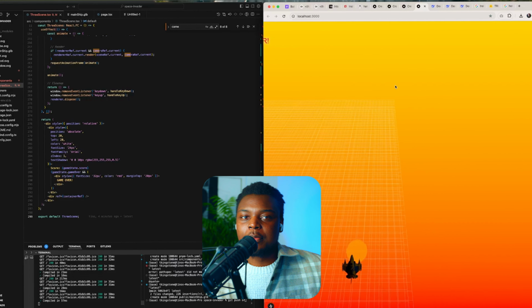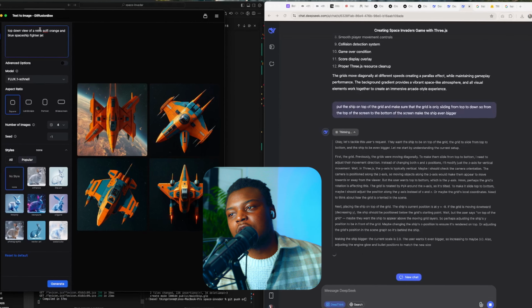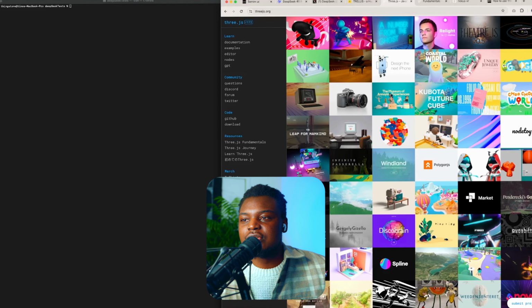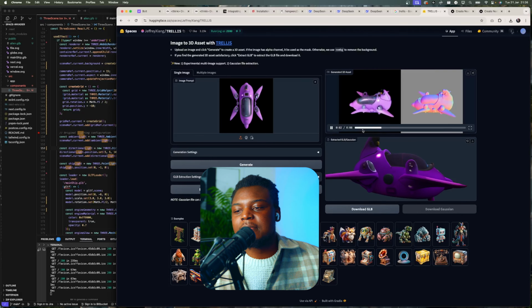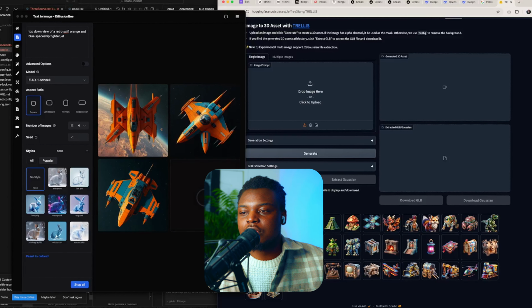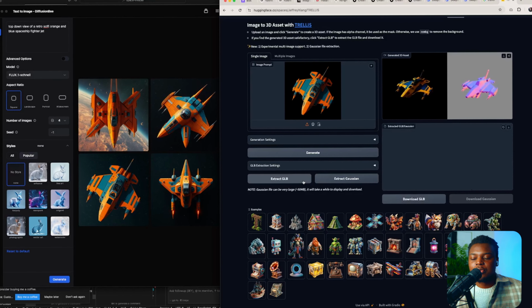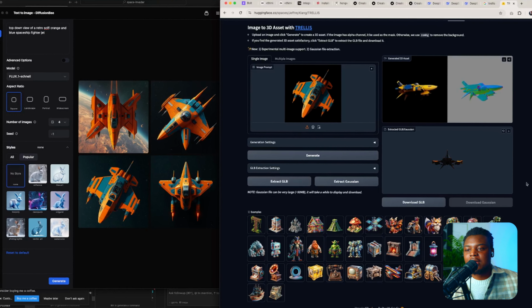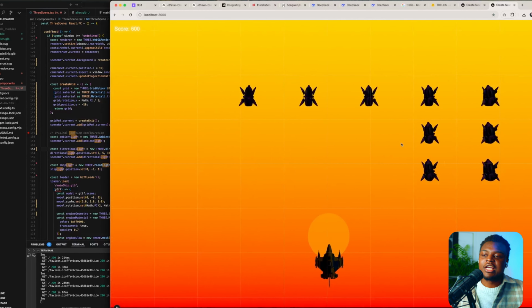And that project is going to be a 3D game. We're going to be using Three.js to try to build out a cool game. Depending on how that goes, we're going to also use this other open source model to generate 3D models that we can put in the game and then have a quick play around with. The idea is not going to be fully built out, but we're just going to see how